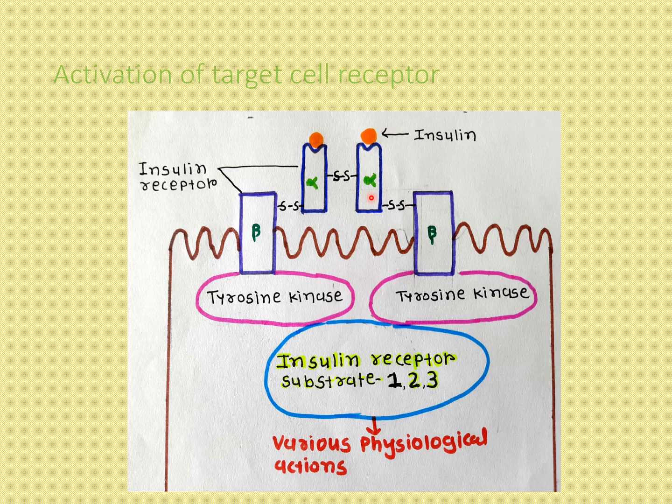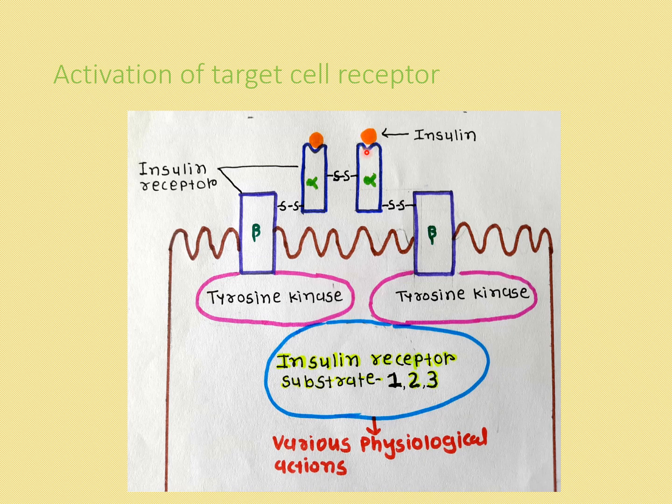It has two alpha subunits which are interconnected with disulfide bond, and two beta subunits which are connected with the alpha subunits by disulfide bond. Alpha subunit is located outside the cell membrane. Beta subunit spans through the cell membrane, and inside the cell tyrosine kinase enzyme